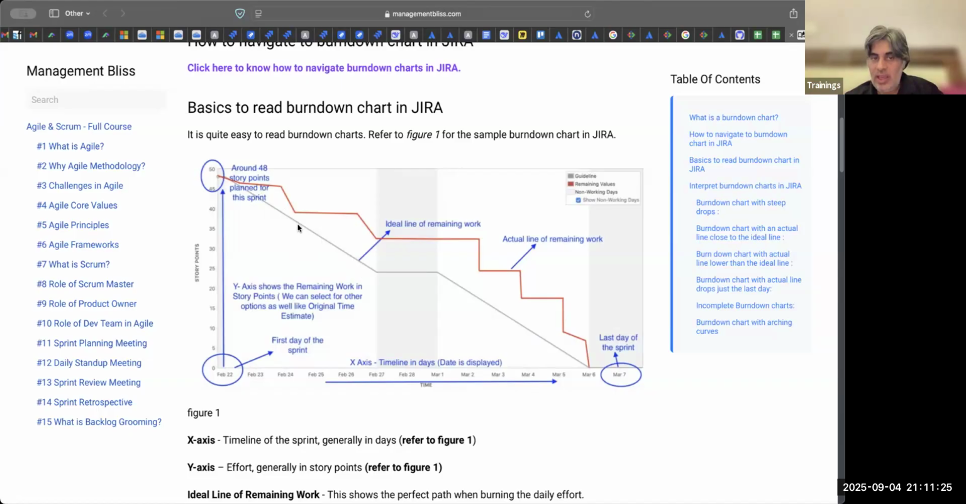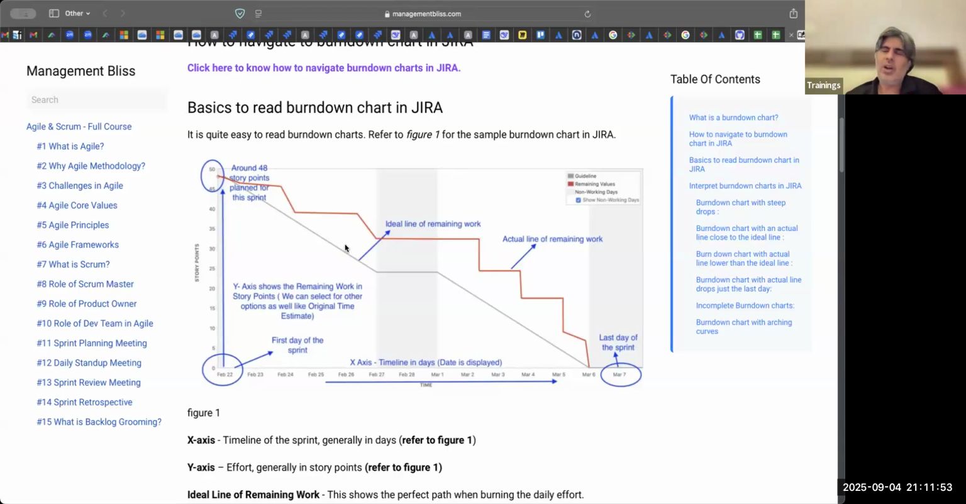This is just an indication of whether the team is going in the right direction or not. If the team is under this line, then we are going at a faster pace than what is required. If it is above the gray line, then it means we are going at a slower pace than ideal. So this is not too important, but in an interview, someone can ask you, what is the gray line on this chart? The gray line is nothing but the ideal